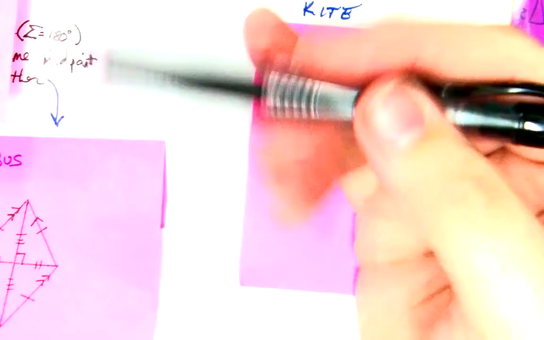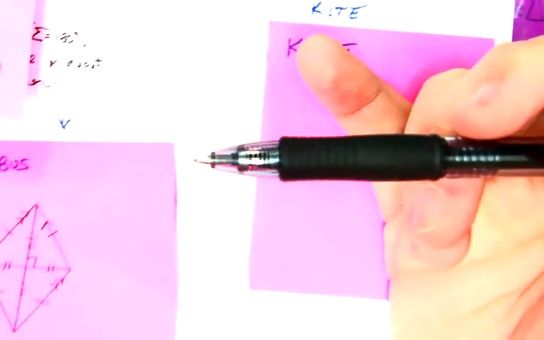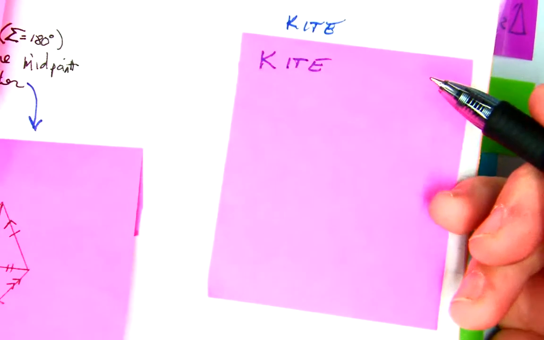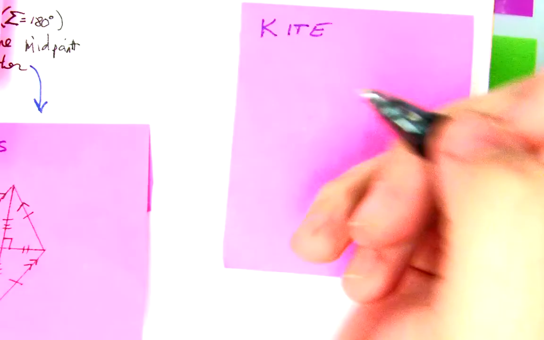A kite is kind of like a distant cousin of all of the parallelogram family. But it's not necessarily true. Now a kite, the easiest way to draw it